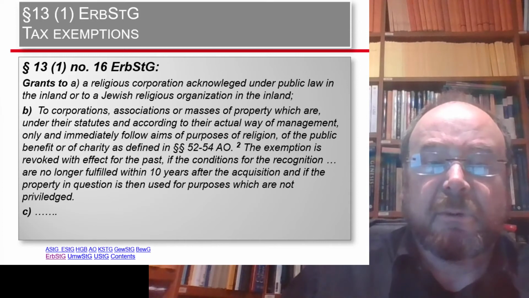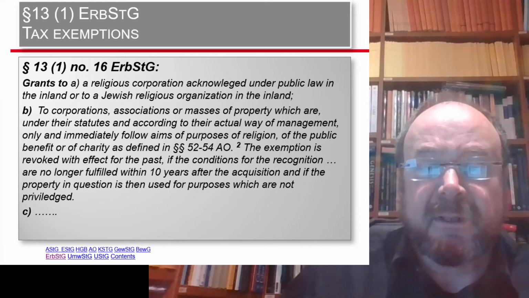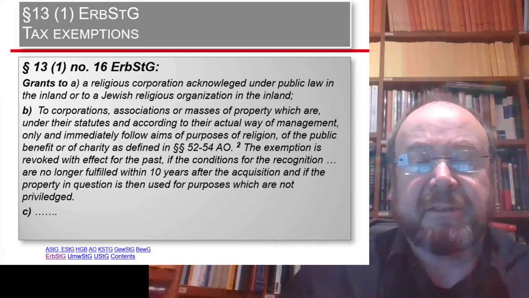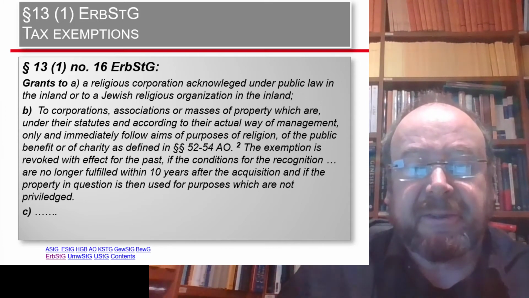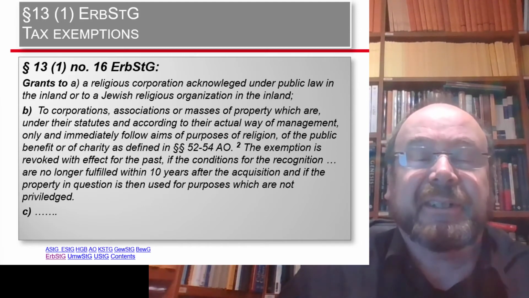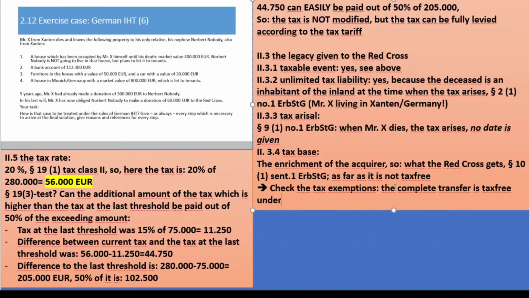So what we can use as the appropriate rule is letter B: corporations which are exempt from corporation tax or other taxes under the General Tax Code, the AO, the Abgabenordnung, as an acknowledged, recognized charity organization, which the Red Cross definitively is. That is common knowledge. So the complete transfer is tax-free under paragraph 13(1), number 16, letter B,